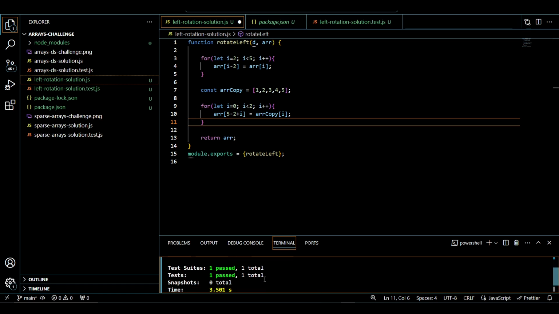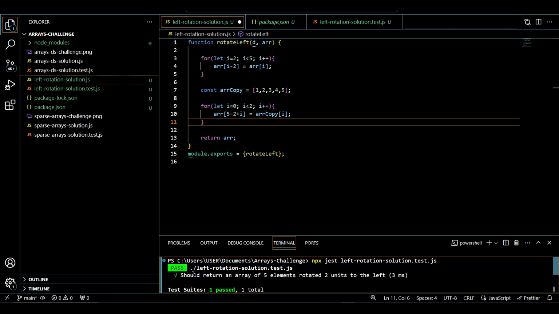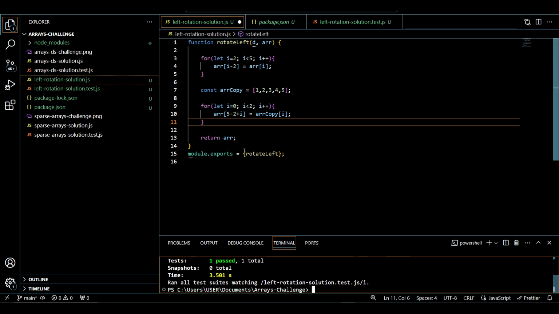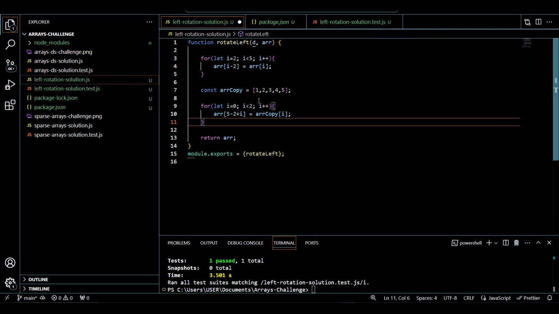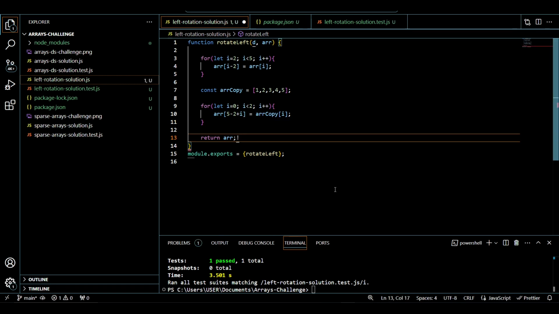Test passed, as you can see. That means our code is correct even after introducing the for loop. Very correct. Okay, so this is our test code that we wrote earlier, and after introducing the for loop to replace the code we used to have, we still find out that the code is correct. The test was passed. Very good. Next,